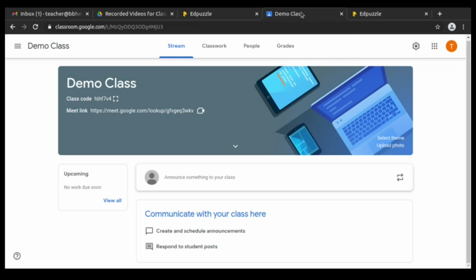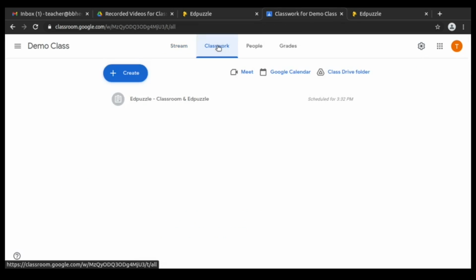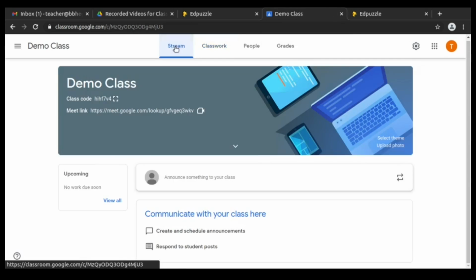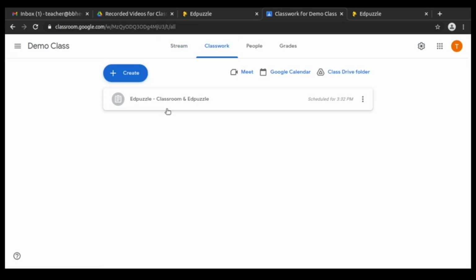We'll go back to the Google Classroom. I'm just checking whether, yeah, Google Classroom has my Edpuzzle. Note that it is in this color, which is light gray. Once it is scheduled, it depends on the server where you are. Once it is scheduled, it will turn to blue color so that students have access to the video.